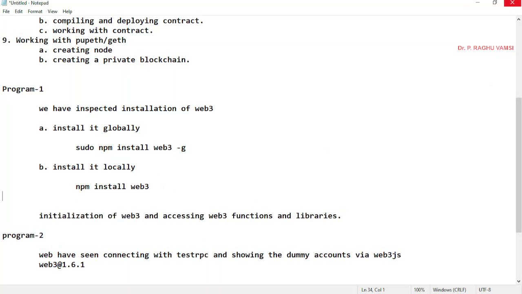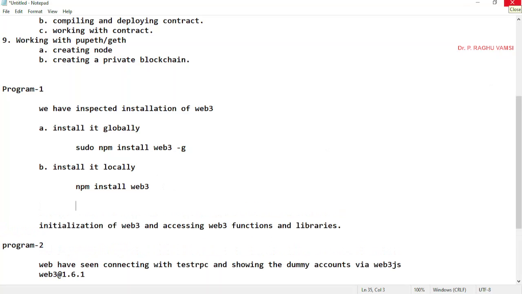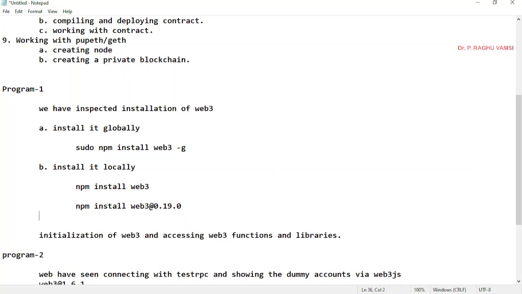During installation, if you want to install a specific version, you can install like this: npm install Web3 at the rate 0.19.0. Whenever you say at the rate, the version that you write afterwards will be installed. Or you can install npm install Web3 at the rate 1.6.1.